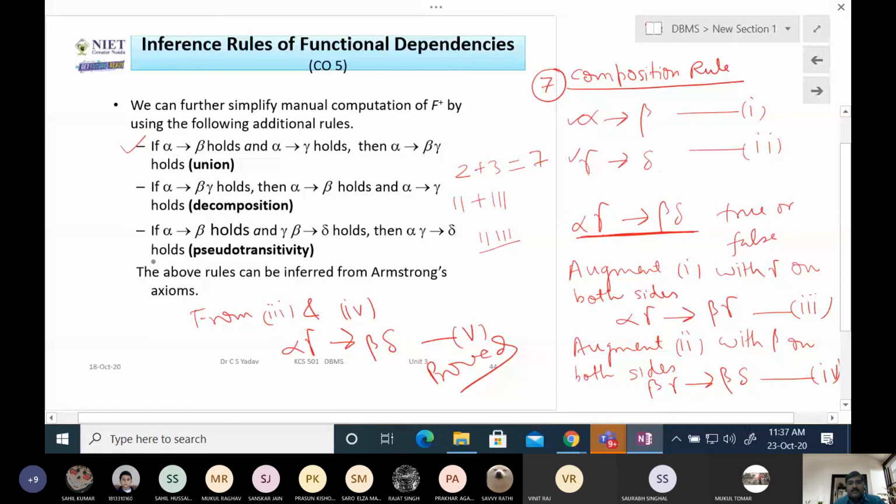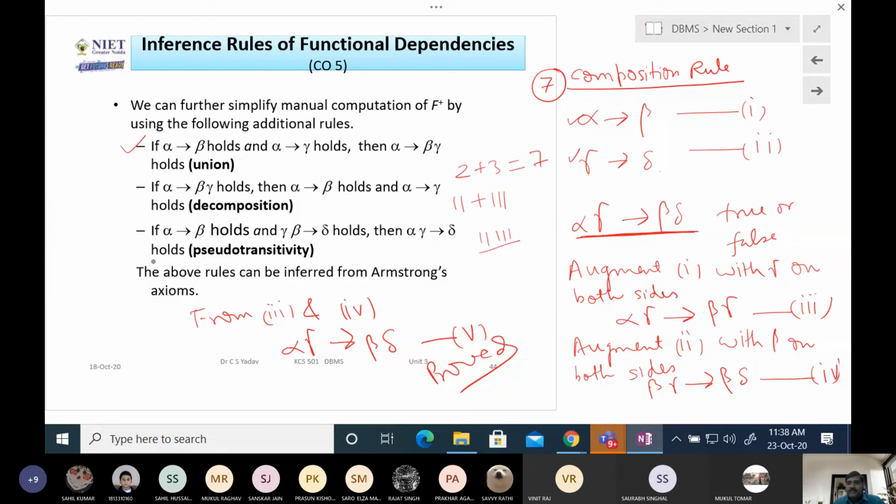In next lecture, I will explain about minimal cover of FD sets, and then how to find out the minimal set of any given FD sets. And very important concepts, questions have been asked in both GATE examination as well as in AKTU examination. Minimal cover of an FD set.